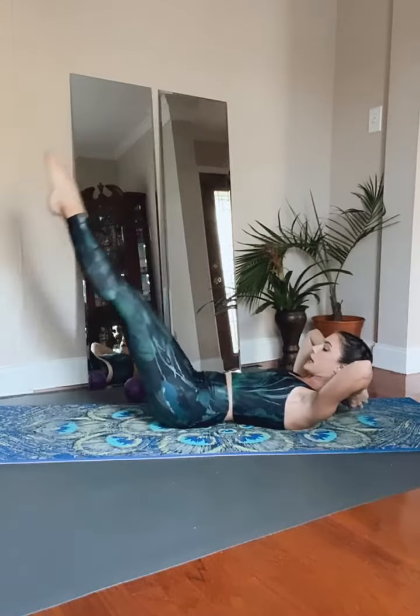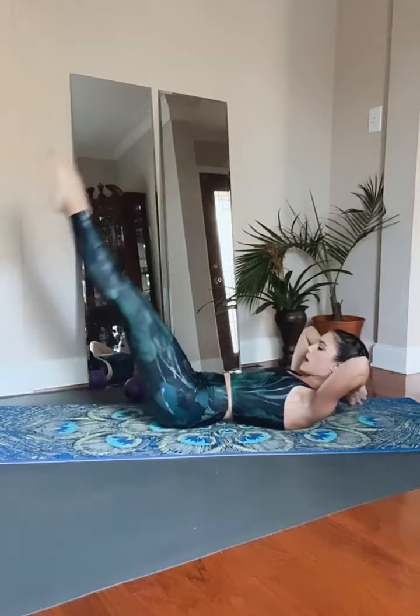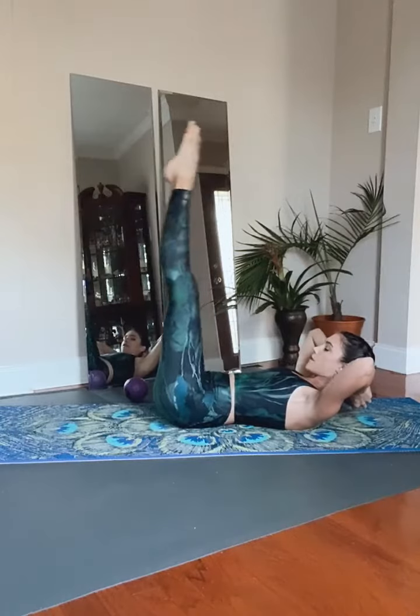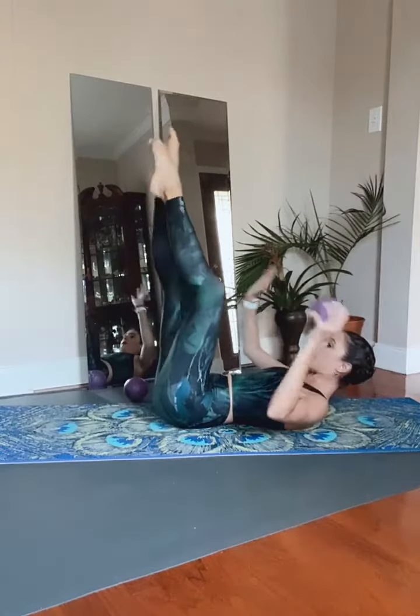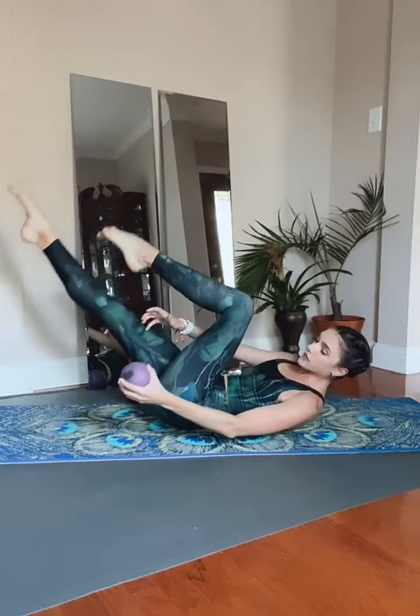Lower the legs down for 3, 2, 1. Come right back up. 1 more. Lower down for 3, 2, 1. Come right back up. You're going to go ahead, bend right leg in, and we're going to twist to the